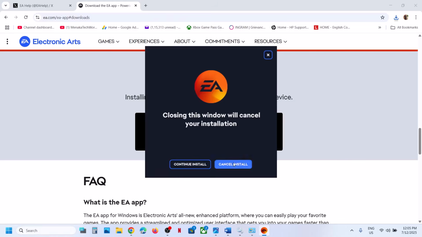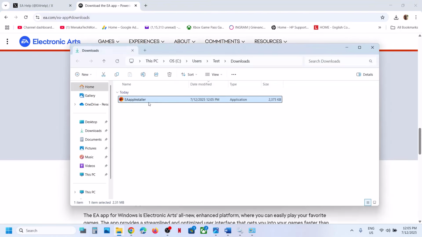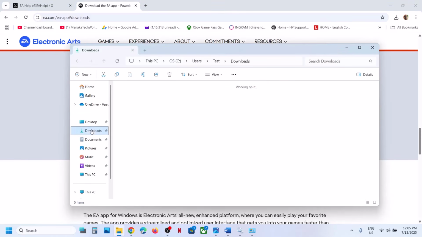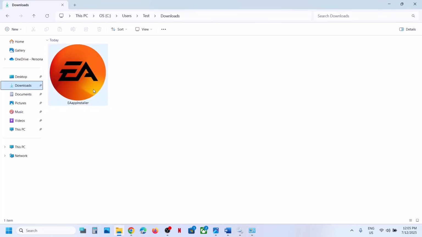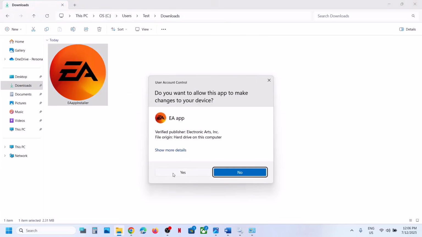Do not let me cancel. Once the download is complete, you can go to the download location. So click on this folder icon over here, or you can simply go to downloads and you will see this EA app installer. Make a right click and then click on run as administrator. Click on yes,